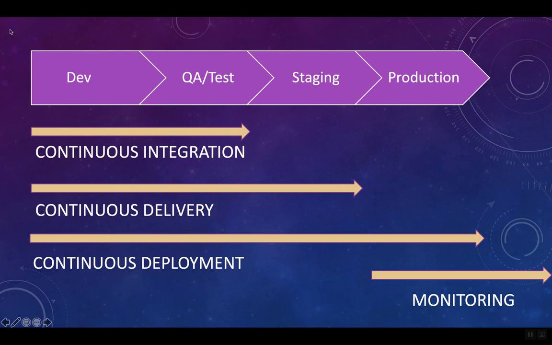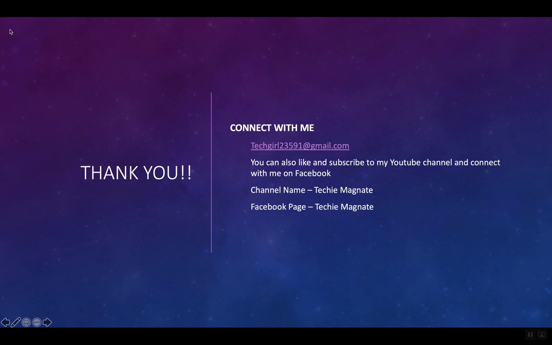Some of the tools you can use are Git for SCM, Jenkins for your deployments, and delivery pipeline management. Spinnaker is quite in these days. So all these tools can be used depending on the requirement, your project, your product and everything. So this was just a glimpse of it. I'm going to come back with more details, tools and everything.